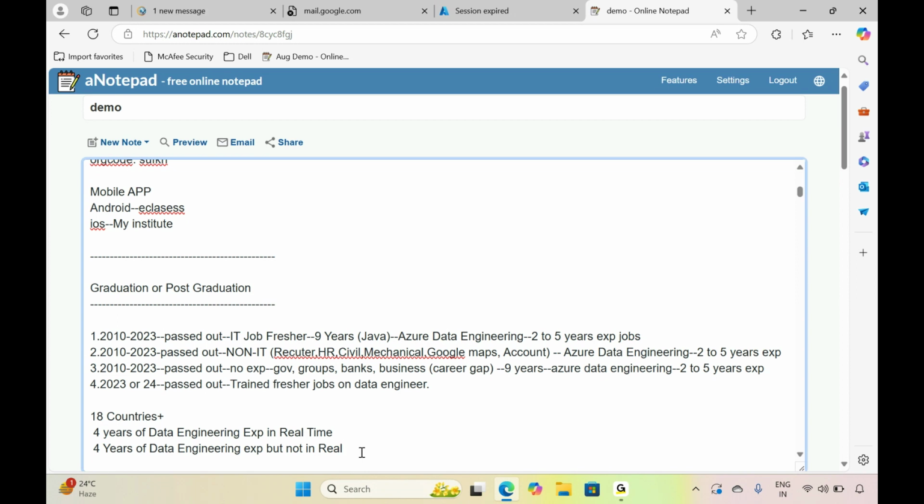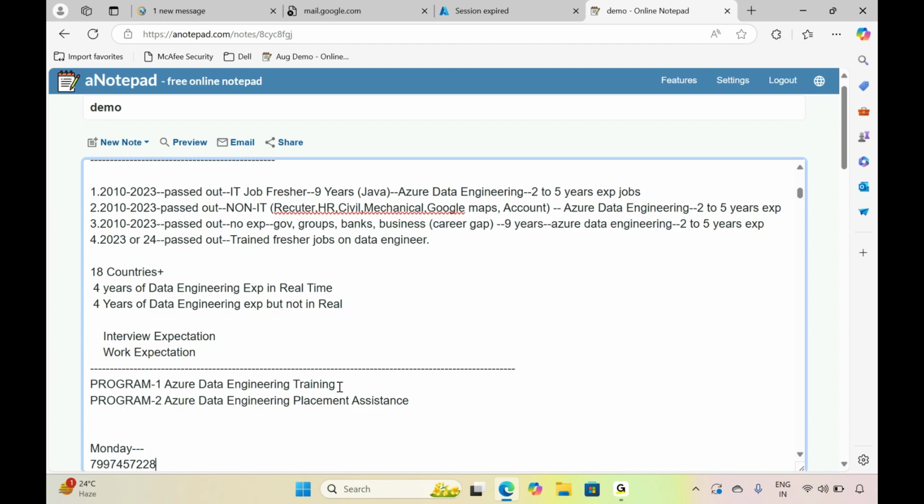So if you have just completed 4 years of experience, is the Azure data engineering training, a 2-month training, enough for you to crack the interview as a 4-years-experience person, or to work as an experienced person? Definitely no, because out of 100 people, only 10 percent get jobs immediately after completion of the course. What might be the reason?